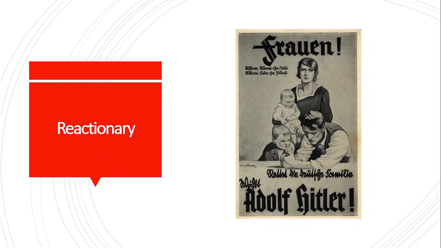The election poster I show on this slide is from 1932, but the sentiment it expresses, women, save the German family, vote for Adolf Hitler, they were there in the 1920s too. They wanted to overthrow the Treaty of Versailles and Saint-Germain, and they wanted to make Germany a great power again, make it respected, even feared by other countries. They wanted a strong, centrally controlled government, as in the days of Bismarck, and we could say Wilhelm II.